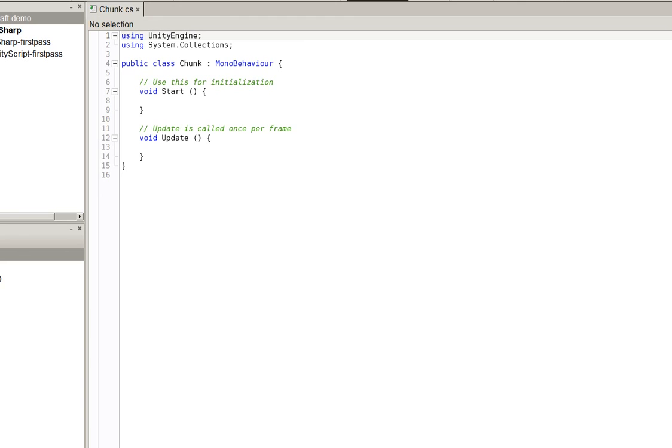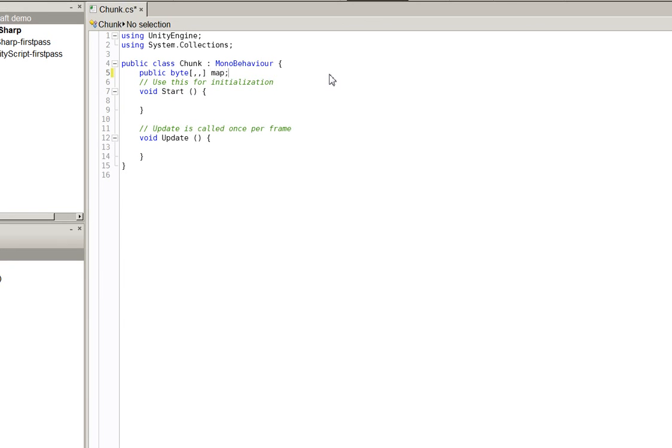So the first thing to realize about all of those beautiful Minecraft worlds is that those bricks are not individual objects. That would be crazy. You'd have millions and millions of independent objects. Instead, each brick is usually identified by a very, very small number of states. So for example, in this case, we'll be using a byte. So each brick is going to be represented by 1 byte. That's a number between 0 and 256. Public byte